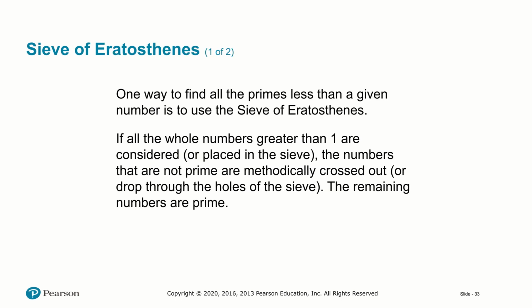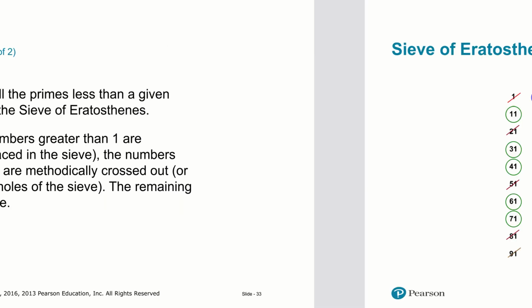One other way, of course, to find all the primes less than a given number, is to use what's called the sieve of Eratosthenes. Now, if all the whole numbers greater than 1 are considered or placed in the sieve, the numbers that are not prime are methodically crossed out or dropped through the hole of the sieve, and the remaining numbers are prime. So it's a very rudimentary and